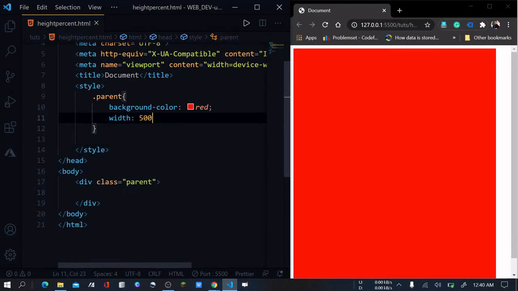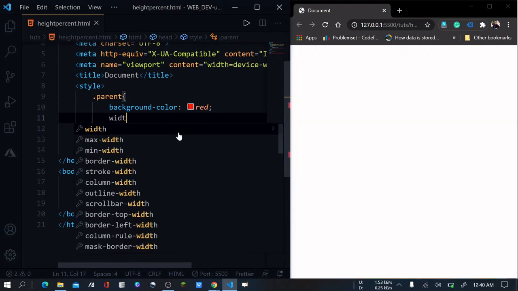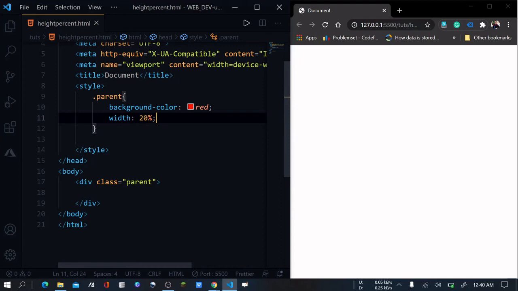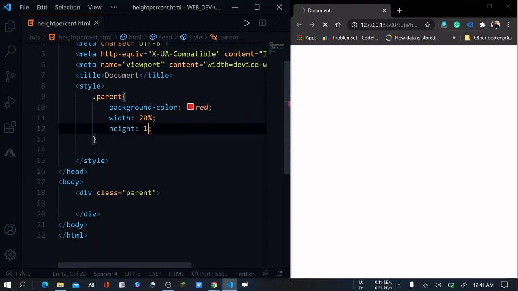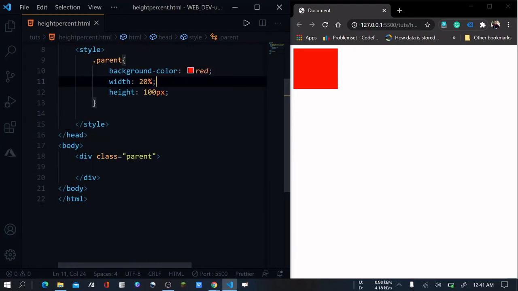and let me give this division a width of, let's say, 20%, and a height of, let's say, 100 pixels. Then no problem, it will appear like this because of the width of its parent. Now the division with class parent has a parent of body. This means the parent of this one is this body, meaning the whole screen. So when I set its width to 20%, it will take 20% width of the whole screen, okay. And since the height is fixed at 100 pixels, it will be displayed like this.